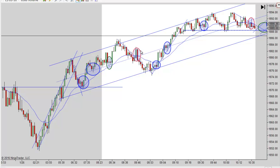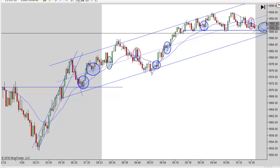So I like that one. It is a big bar. Your stop has to go up here, but I like it. I really thought we'd get more out of it than that, but we don't. It bounces. And so you draw that trend line across there, and when it holds the next time,